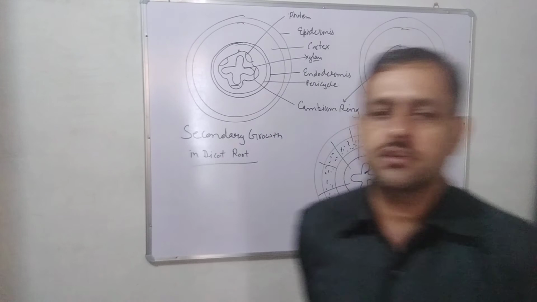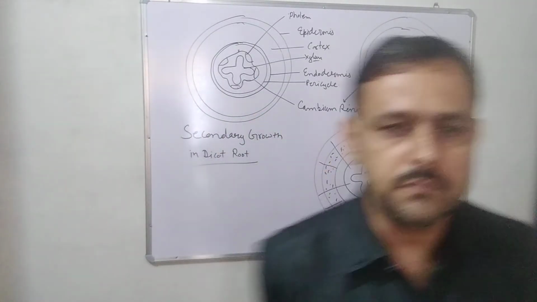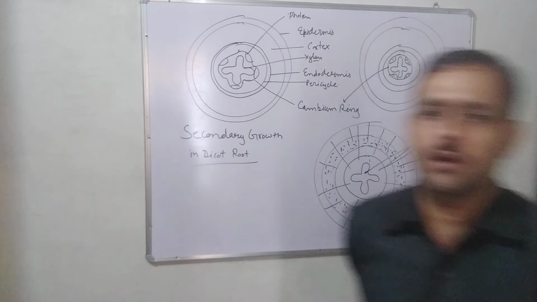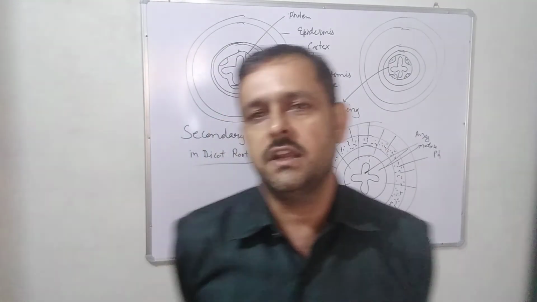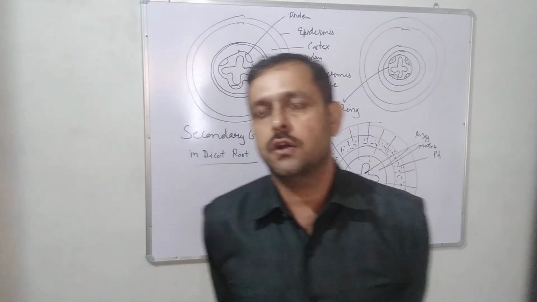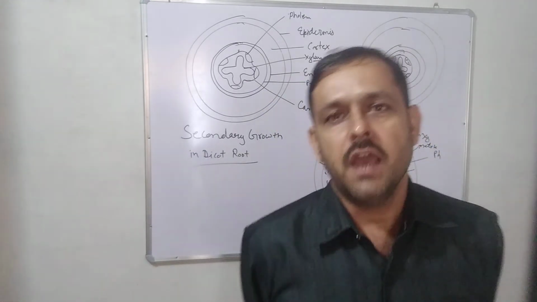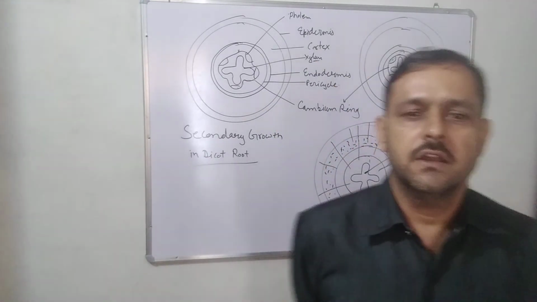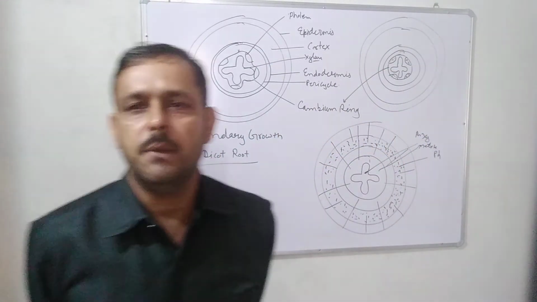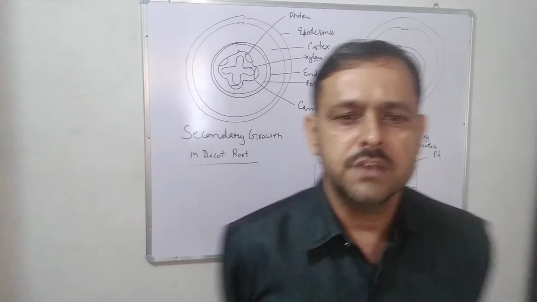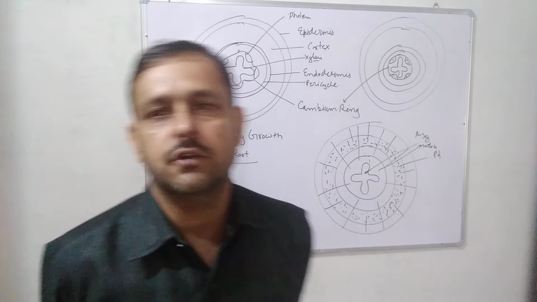Most of the dicot plants show secondary growth in roots that is similar to secondary growth in the stem. The dicots that lack secondary growth are herbaceous or are submerged aquatic plants. Means if secondary growth is absent in dicot plants, then they are submerged, aquatic or herbaceous plants. The secondary growth takes place in the older part of the root. The development of secondary xylem, secondary phloem and medullary rays is almost similar to the stem.